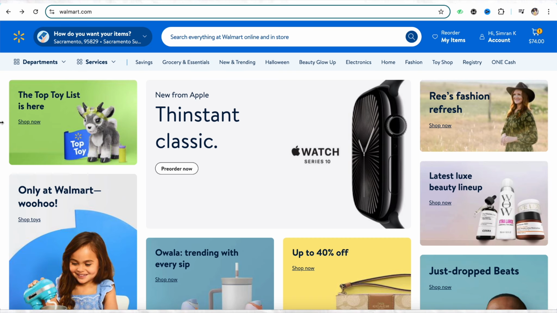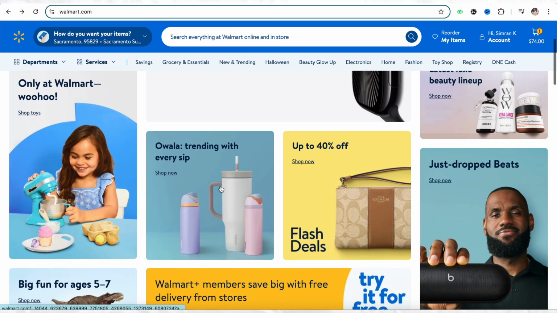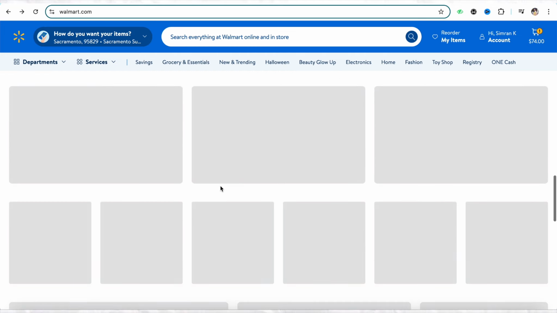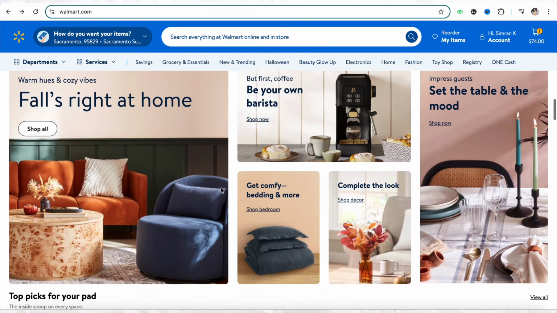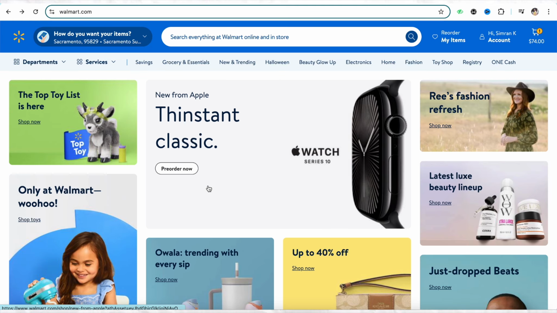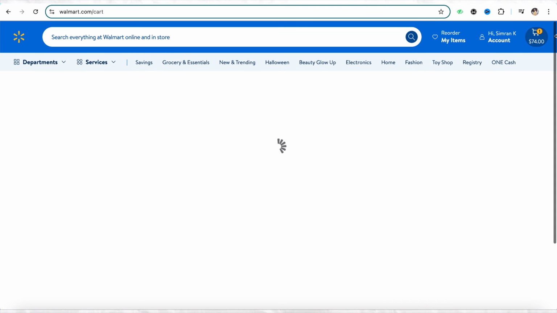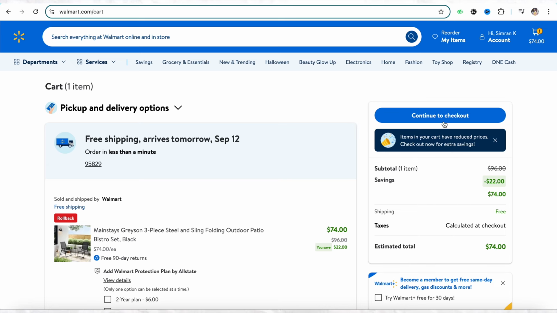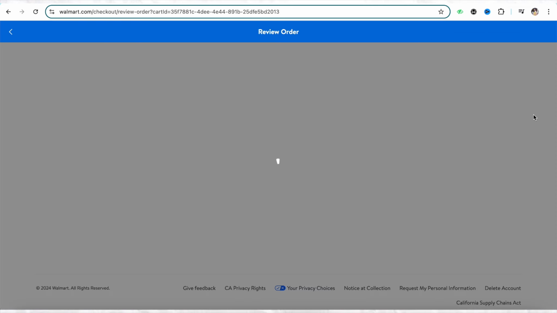And once you have the card with you, simply come to the official website of Walmart, select and explore the products that are there, and put into the cart the product that you would want to buy in order to avail the discount while using the gift card that you have. After that, go to your cart section where you have selected the item and click on continue to checkout,